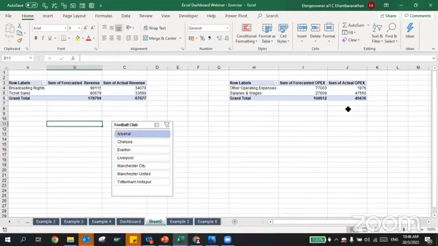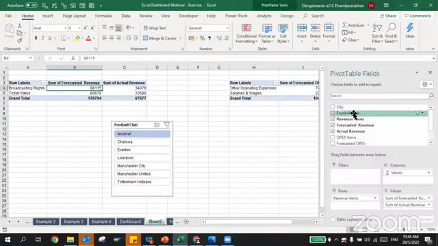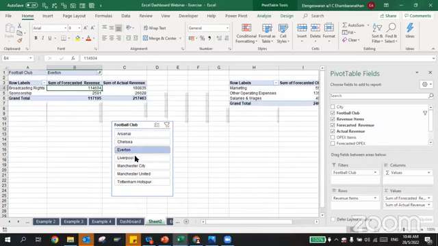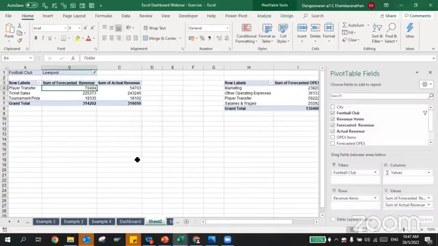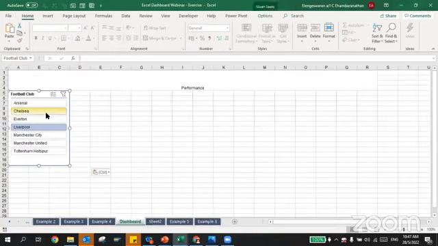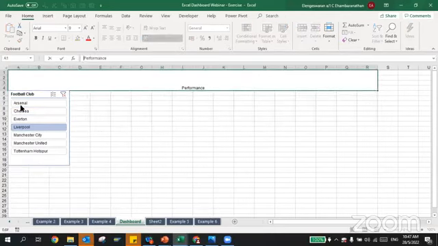All right, so this one, what I can do is I can also put the football club over here. So if I click Everton, it changes. If I click Liverpool, it changes. So what I'm going to do is Control X, cut this and paste it over here. Then I'm going to put equal